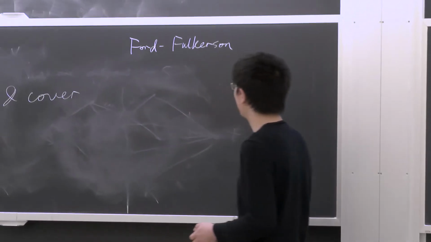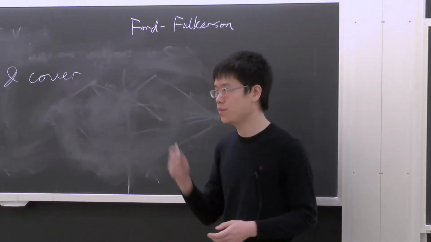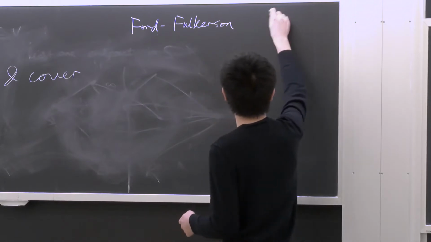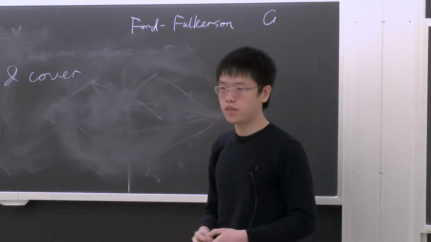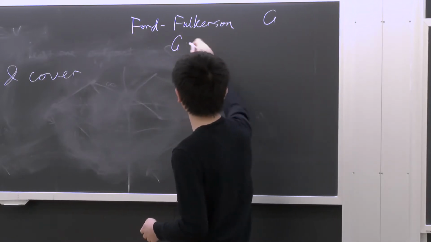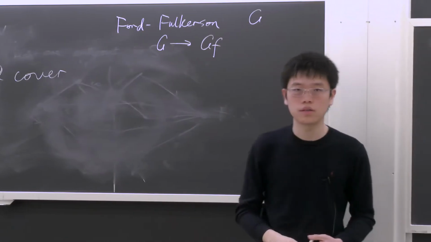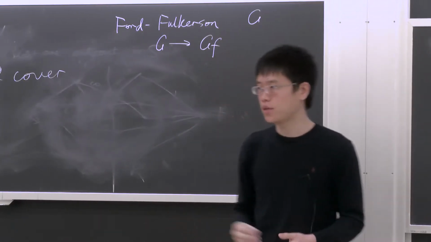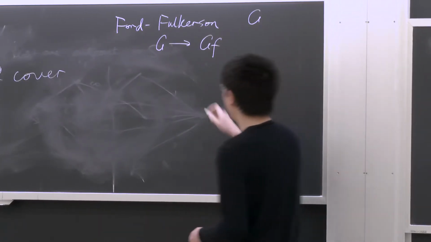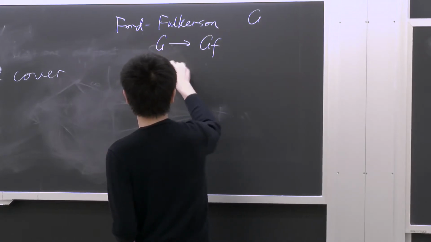Misha. Okay, Misha gave a very brief description, but let's be a little bit more detailed. So we have a graph network flow, G, and the first thing it's going to do is that given the flow, it will transform G into a residual graph. Right, everyone remembers that? Then the FF algorithm will find the path